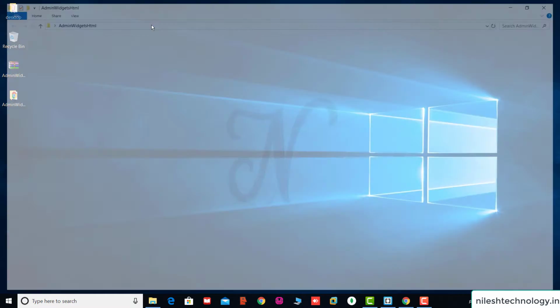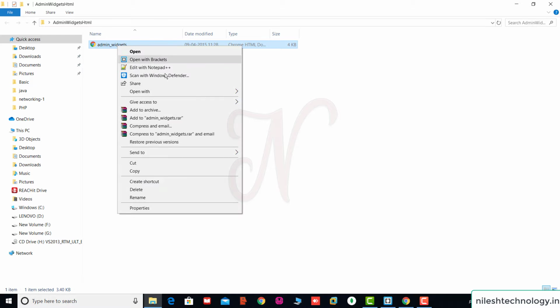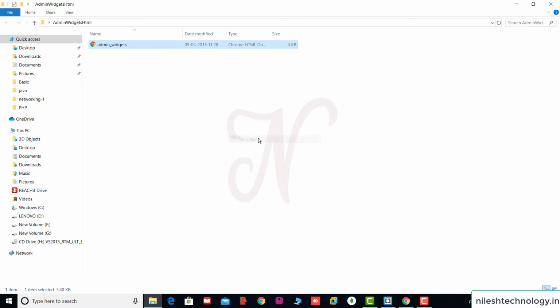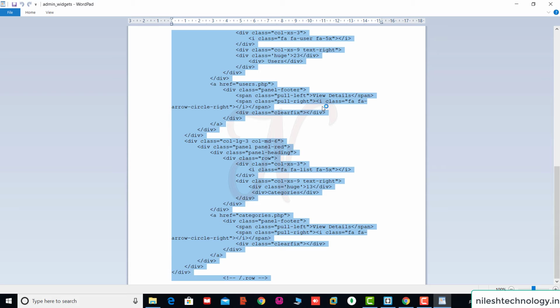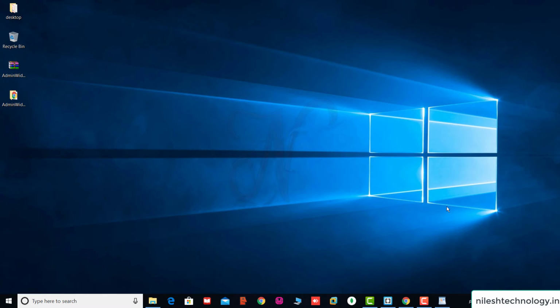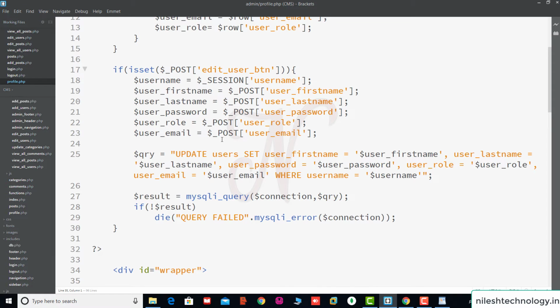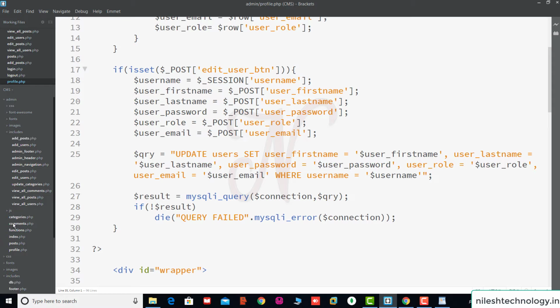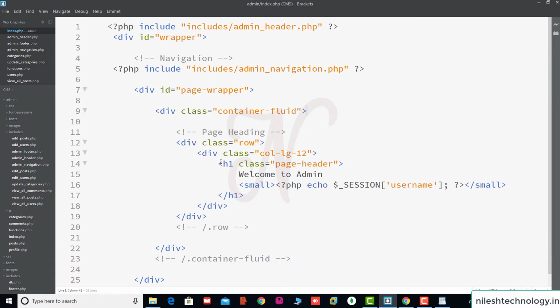Then there is one HTML file, this one. Here we copy all of this data with Control C, go to the Brackets editor, and open the admin index.php file. This is the admin section, this is the index.php file.